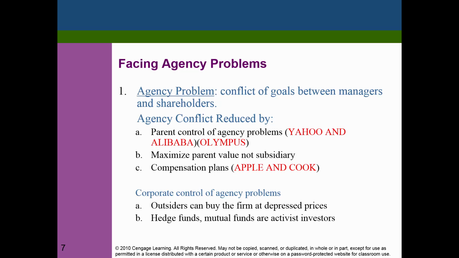Some examples are in the case of Yahoo and Alibaba. Alibaba is a large company based in China, and Yahoo used to be one of their major shareholders. So Yahoo owned, I don't know, about 50% of Alibaba, and in recent times, if you look at Yahoo stock, the main value of the stock comes from the ownership in Alibaba. Now, what is the conflict here? The conflict here was the CEO of Alibaba, whose name is Jack Ma. He basically sold a large subsidiary that belonged to Alibaba to himself. And the name of that subsidiary is Alipay.